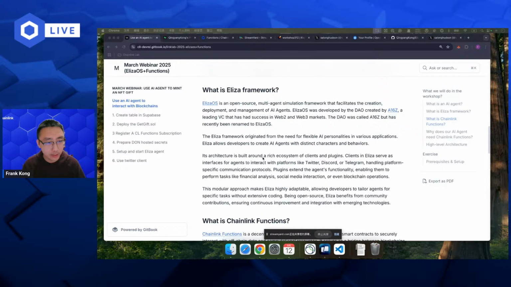But if you want to build an AI agent to help the user create an image, you can create an action called create image or whatever you want. So the client, the LLM, and the actions, these three things are very important in Eliza. With this framework, you can combine these three things together to create your own AI agent. And I don't know if I explained it clearly, because it's a big topic.